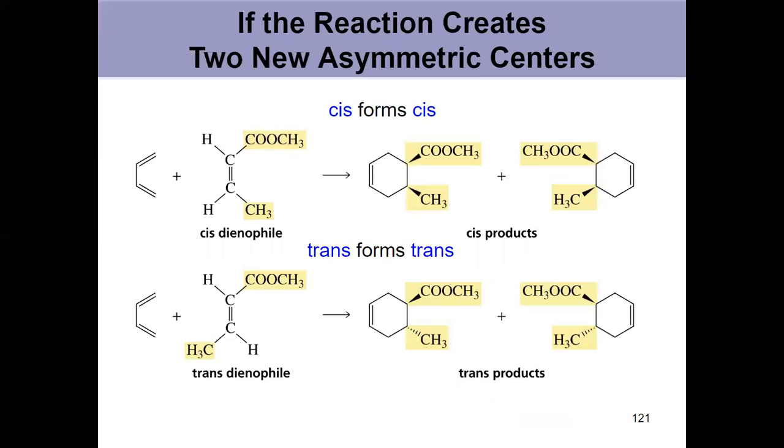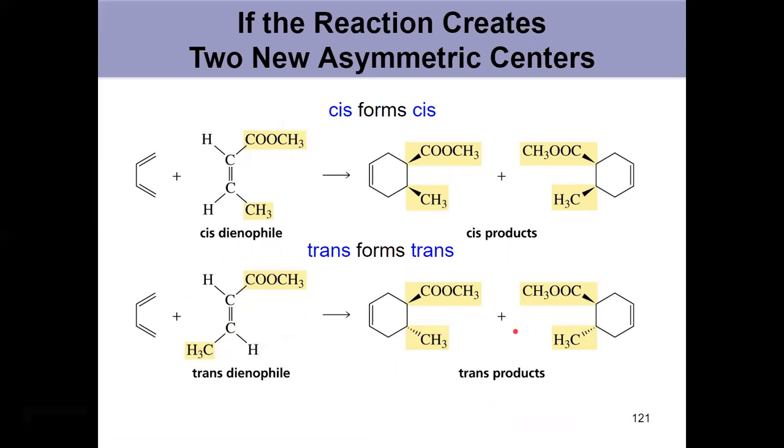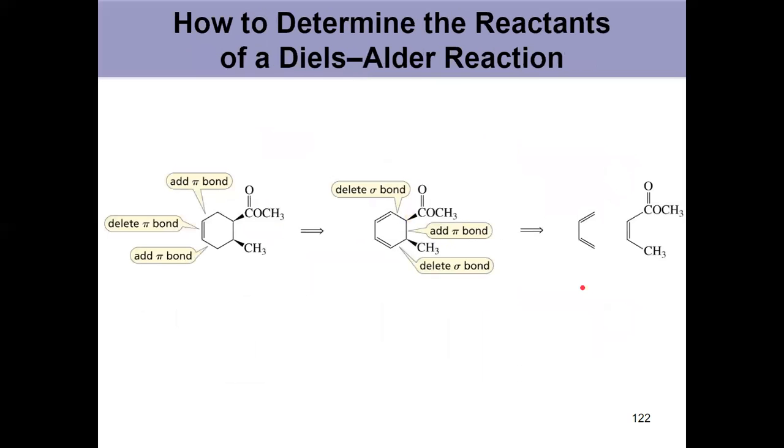What if you cause two new asymmetric centers? Well, cis forms cis, and trans forms trans, right? The orientation of the substituents on your dienophile is what you're looking at. If they were cis to begin with, they have to be cis in the final product. Okay? If they were trans to begin with, they have to be trans in the final product. Okay? So two new asymmetric centers, cis forms cis, trans forms trans. It's pretty easy, right? So it all comes down to your focus moving forward, determining the products of a Diels-Alder reaction. Right? You can also work backwards, determine the reactants,